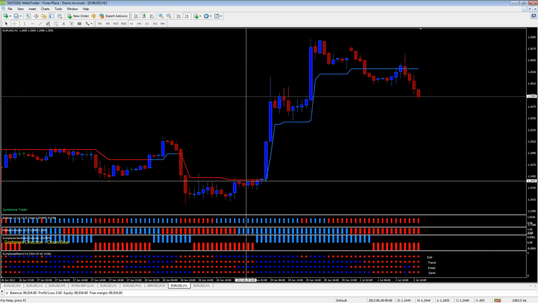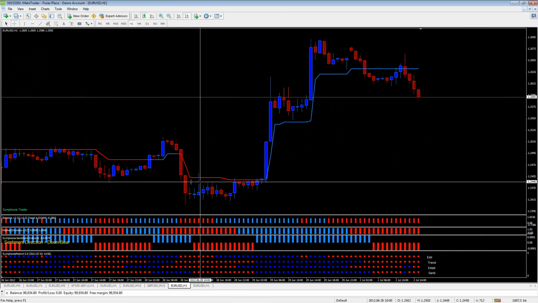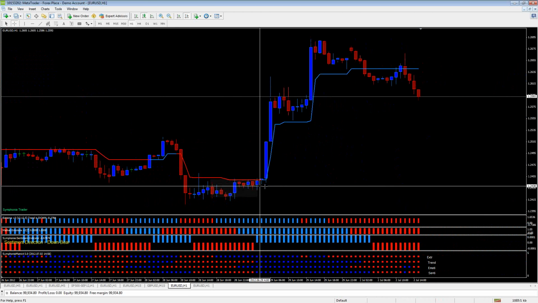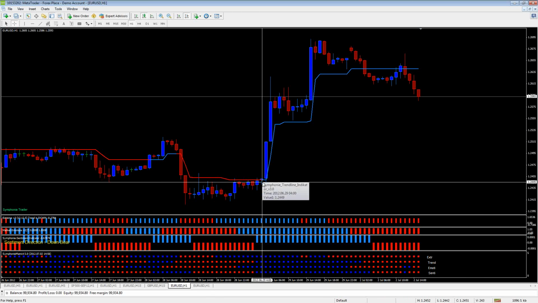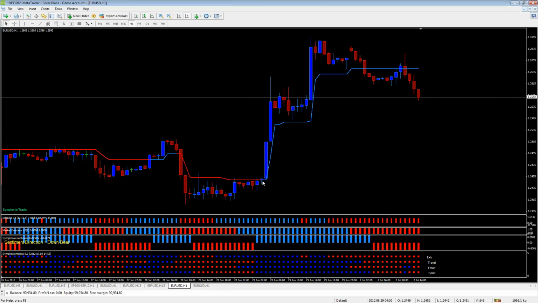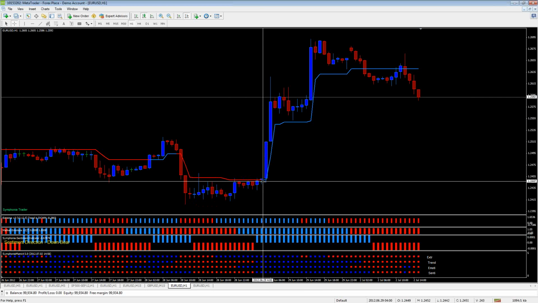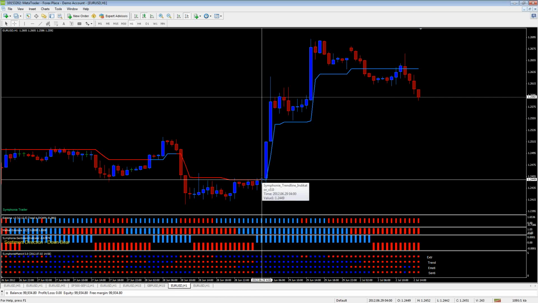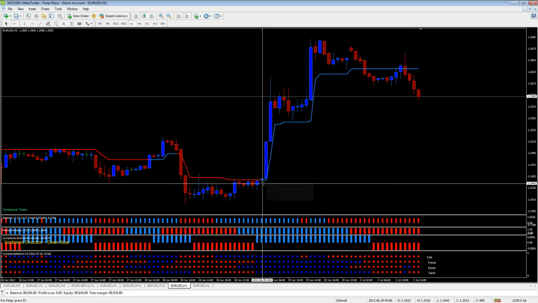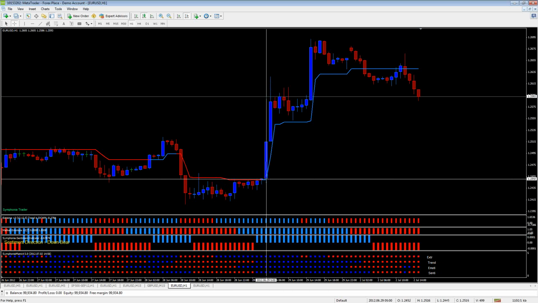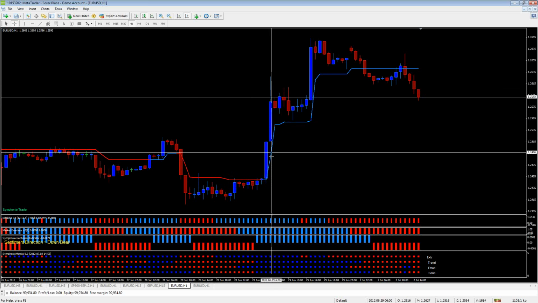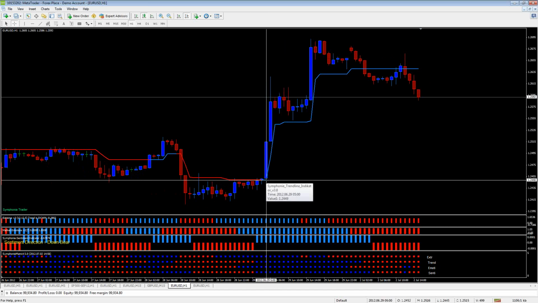You see how, as long as it kept moving below the trend line, it was red, and here it closed just above the trend line, this blue candle, the trend line became blue, and all indicators are also blue. So at the beginning of this candle, even though it's 5 a.m., probably most of you, including myself, wouldn't be trading the euro dollar at this time of the day, and obviously wouldn't expect to have such a strong move